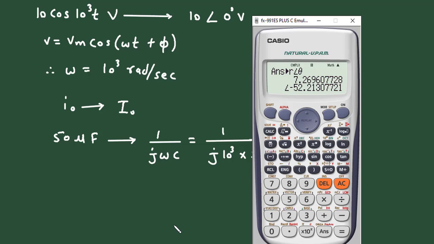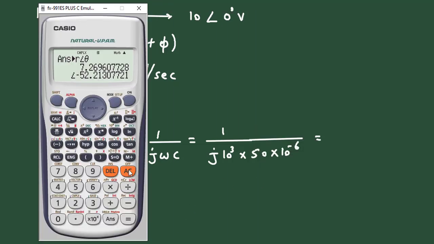If we solve this in calculator, 1 upon j into 10 to the power 3 multiplied with 50 multiplied with 10 to the power minus 6, it is equal to minus 20j